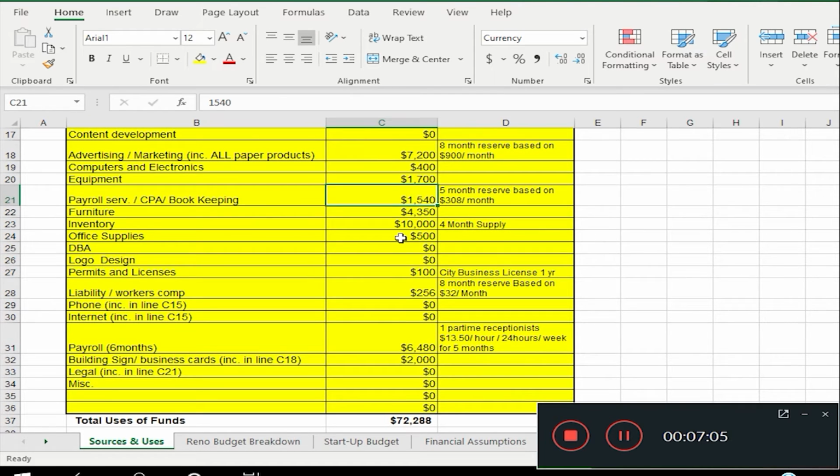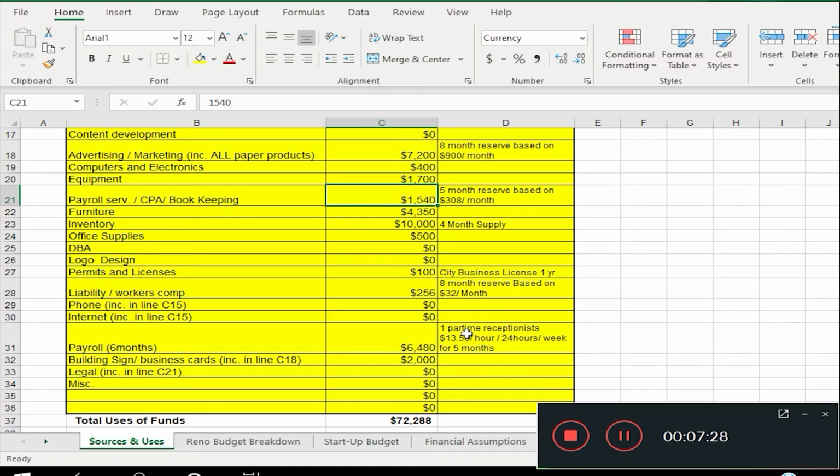Office supplies, I estimated at about $500. I already had my doing business as and my logo design. If you guys want more information on how I did that, comment down below. And then any permits and licensing, I only needed a business license for the city that I'm operating out of,